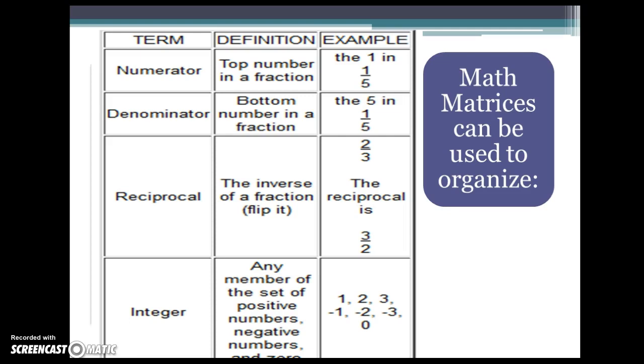A math matrix is just creating a note page for taking math, sometimes chemistry notes as well, where you just create a little chart. And it's easier to take notes this way because math, you don't really take notes like you're writing, so this helps people often remember things better this way.